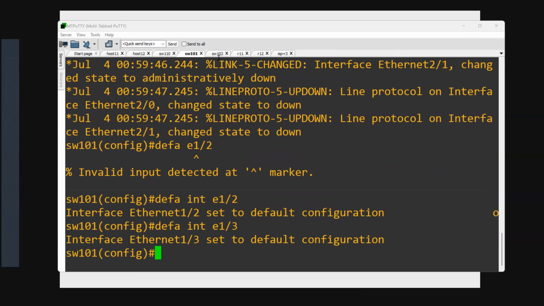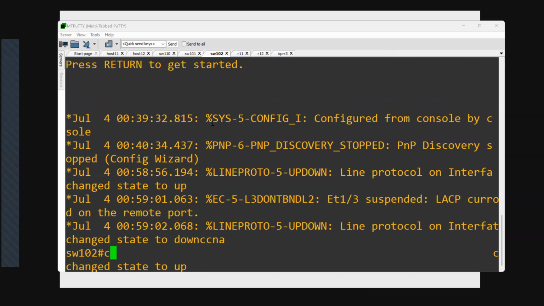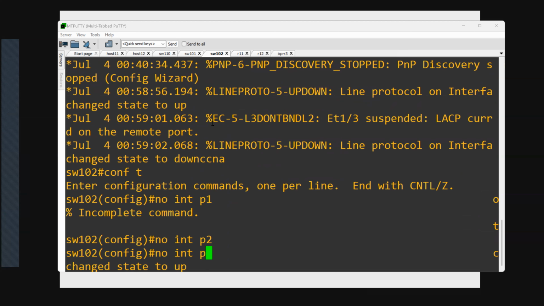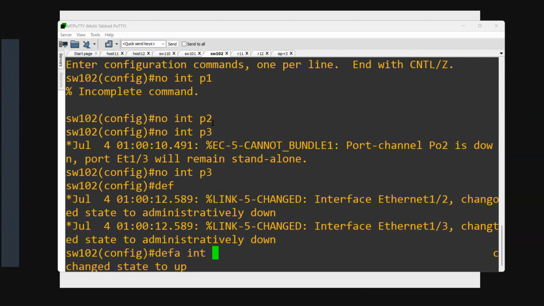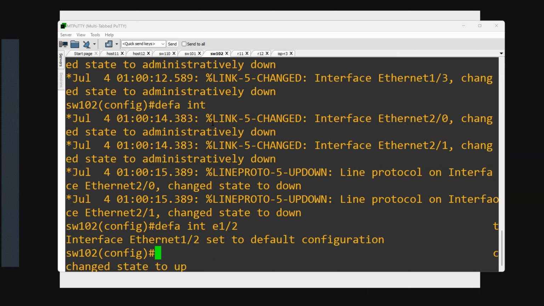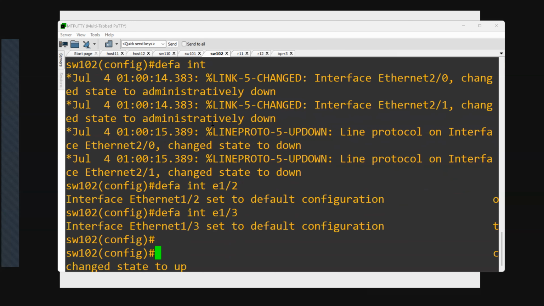And likewise, I can go to 102 as well. And no interface port channel 1, port channel 2, port channel 3. And then default the interface for E1/2. Now these interfaces that we have, suppose first of all, you should go to the